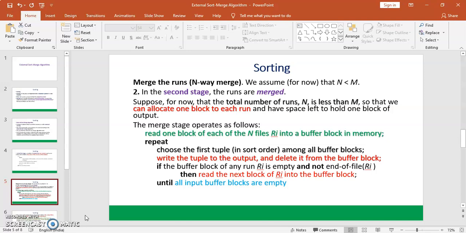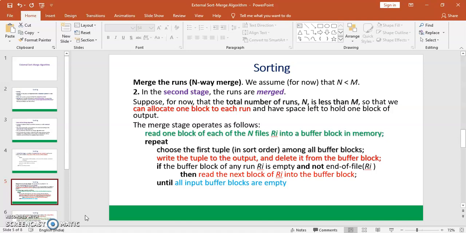So we make use of that buffer, and we enter into the loop. We check whether all the input buffer blocks are empty, so that we can create the runs which are finally merged to create the actual sorted relation.